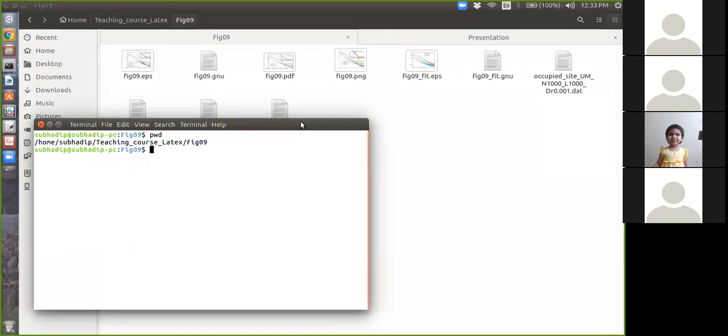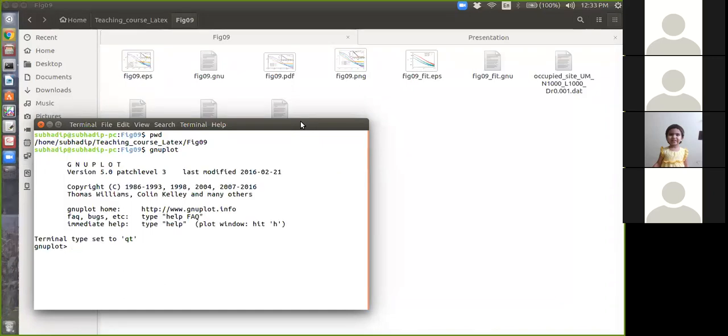So I want to plot. Now I want to go to the GNU plot window by typing gnuplot. This is for Linux. PWD will give me the path, not a problem.